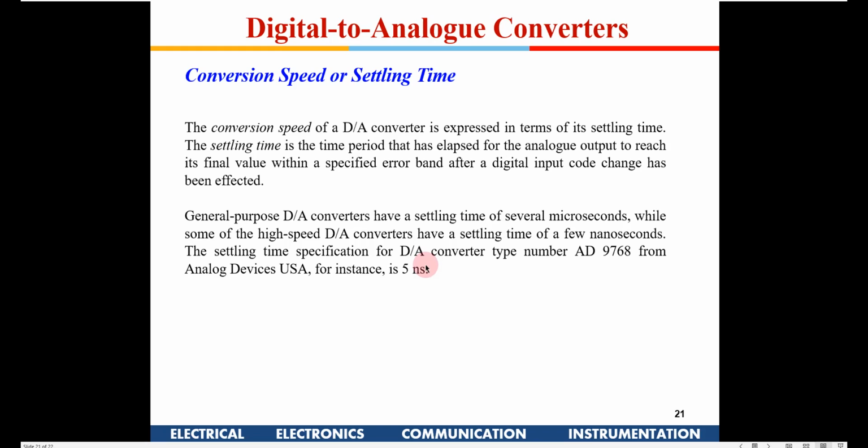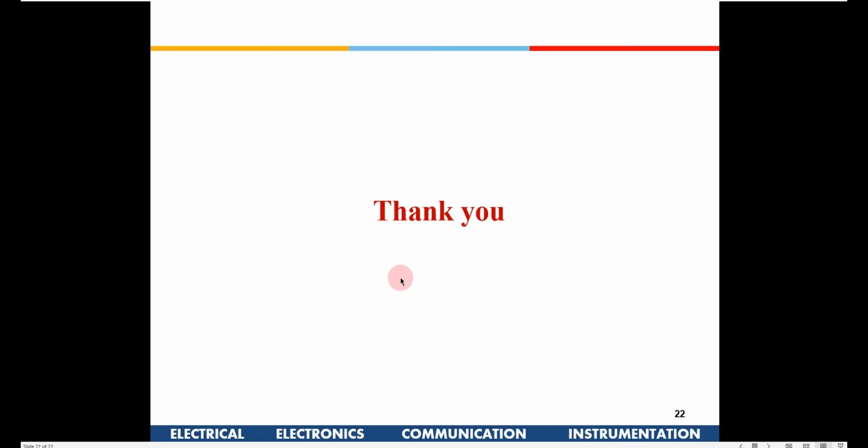So when you are picking up an ADC for a specific application, you have to see these figures of merit which are specified in the catalog, and then only take a final call on which ADC you need to use for a specific purpose. Okay, so thanks a lot now for today's